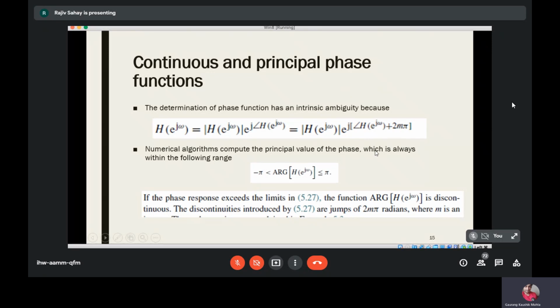So there is something called phase unwrapping. The continuous phase can take values from minus infinity to plus infinity, whereas you do something called phase wrapping, or phase unwrapping, that means you open up the phase. You can imagine that there is a cylinder, and on the cylinder you have the phase wrapped from minus pi to plus pi. When you open up the cylinder, like a paper wrapped on that cylinder, as you unwrap the paper, the continuous phase function is seen.